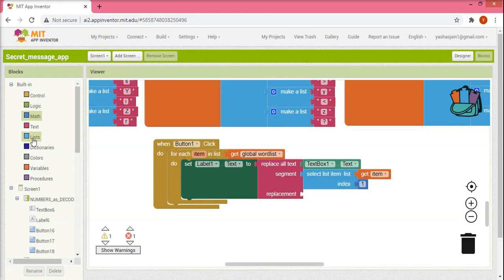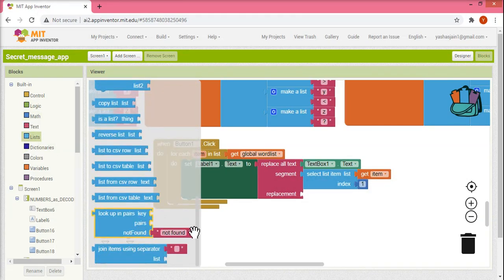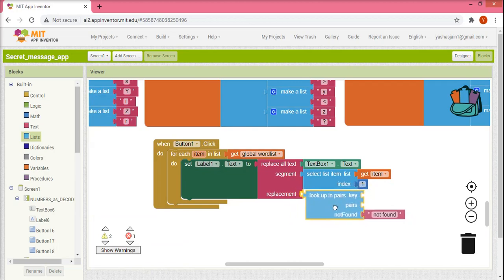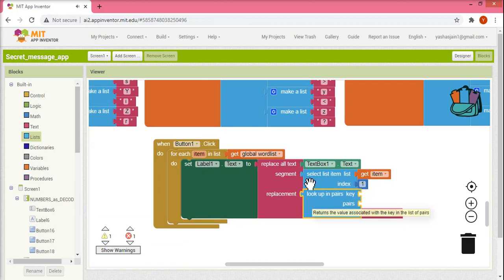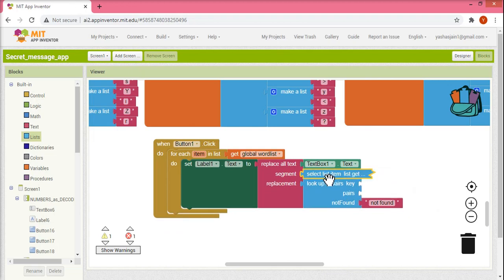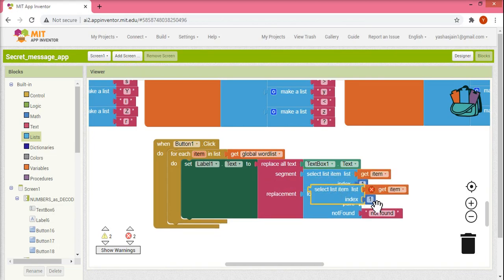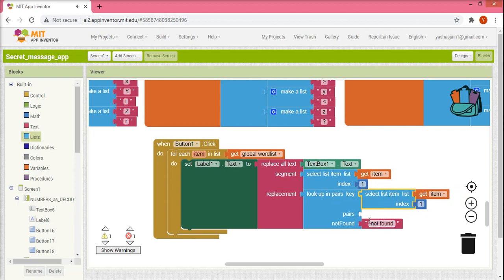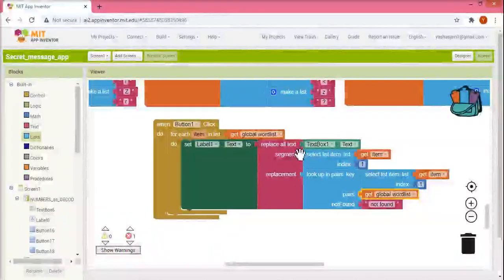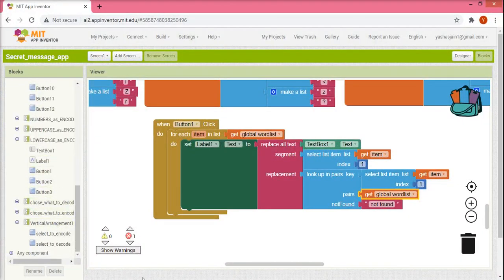So in list, I would go to now list and this. Okay, look, I would just copy this and paste it. Okay, and the pairs would be get global list. So now I have put this global word list here, and now one last thing to do, and that is set